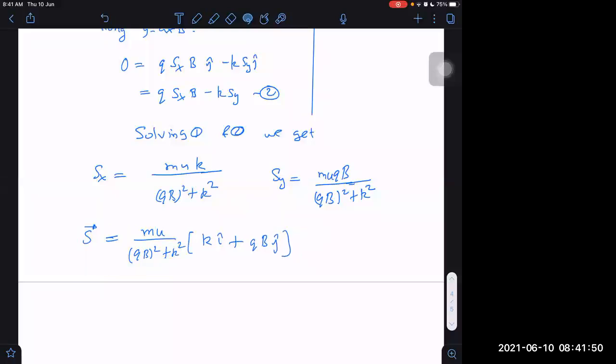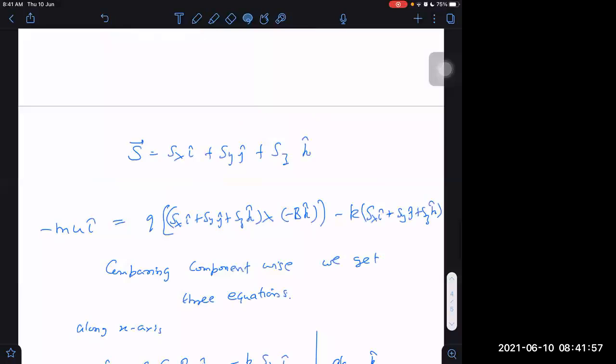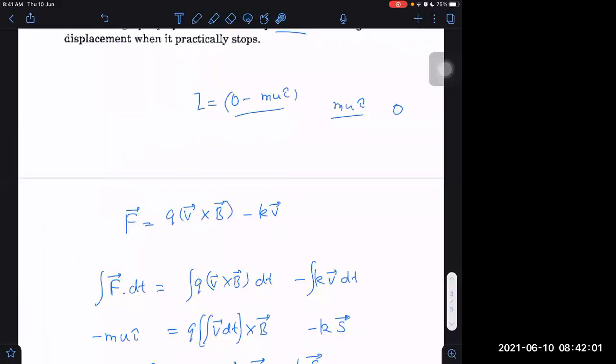This was slightly tough. I think you would have faced difficulty doing it yourself. The main reason is we don't get this idea, as mostly we think directly about how to find the displacement. But if we think here, the displacement comes automatically once we find the impulse. That is the main idea.